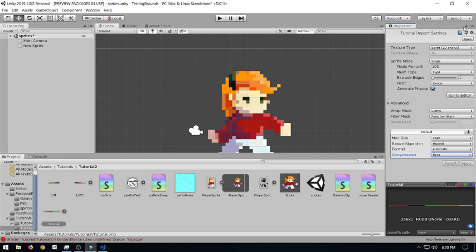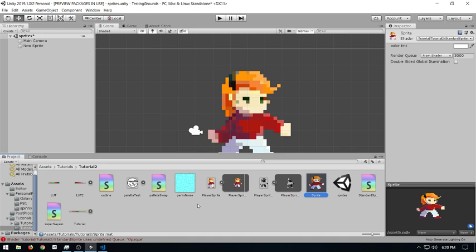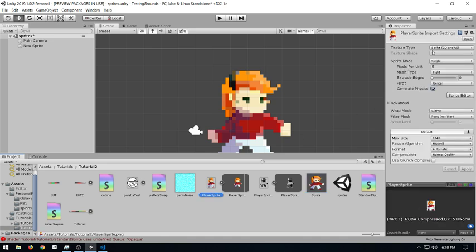Does everyone know what the import settings here are for? I'm just going to go over them really quickly. With sprites, we check down on my player sprite. Here are the imports. You always want to set your texture type to sprite for sprites. It just means you're not going to be rendering anything unnecessarily. And I noticed some weird artifacting when I was trying to use a sprite but wasn't importing it as a sprite. And typically you want to have it set to filter mode point.